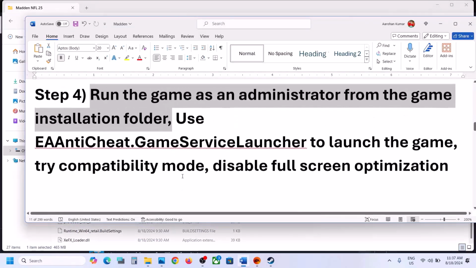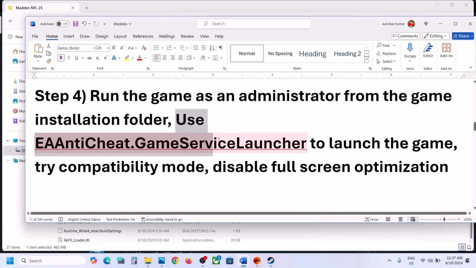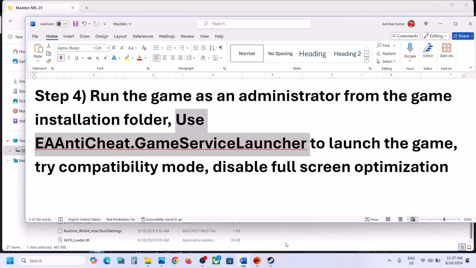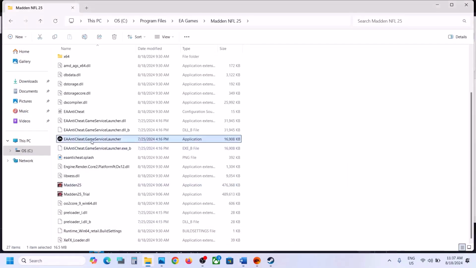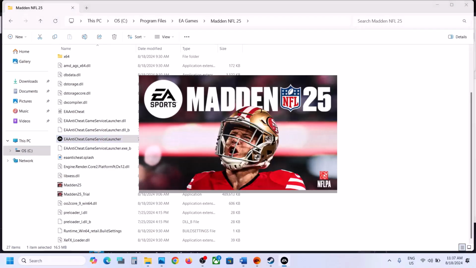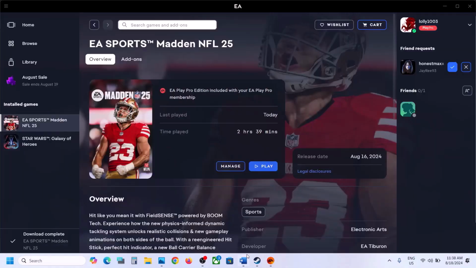Now next step is to use EAAntiCheat.GameServiceLauncher to launch the game. So in the game installation folder here, you can see EAAntiCheat.GameServiceLauncher. Make a double click on this exe file, or you can make a right click and then click on run as administrator, and this should launch the game. Now the next step is to